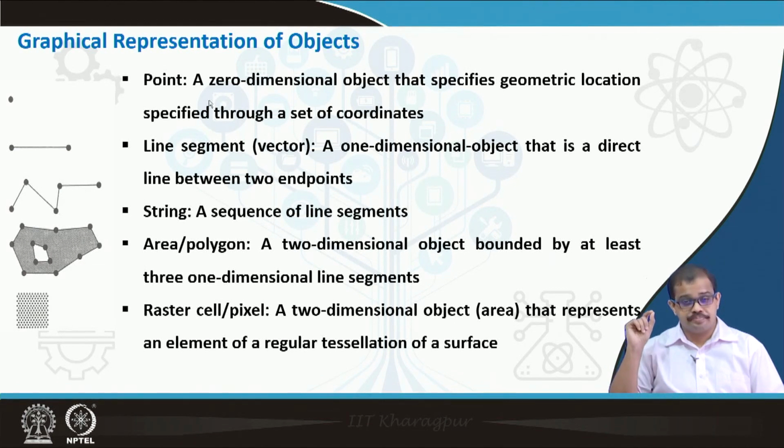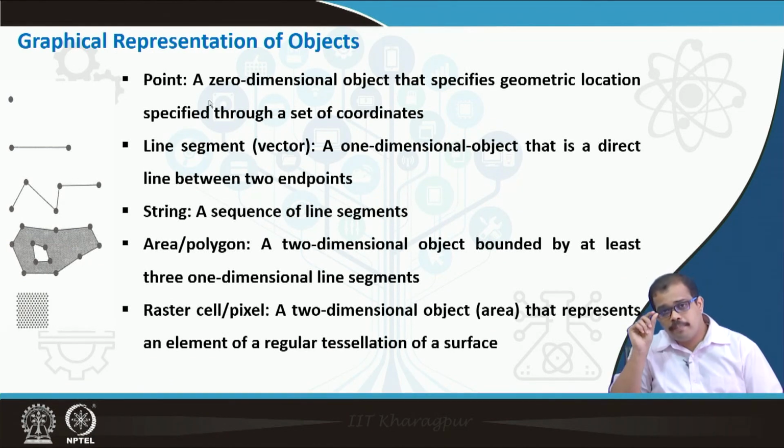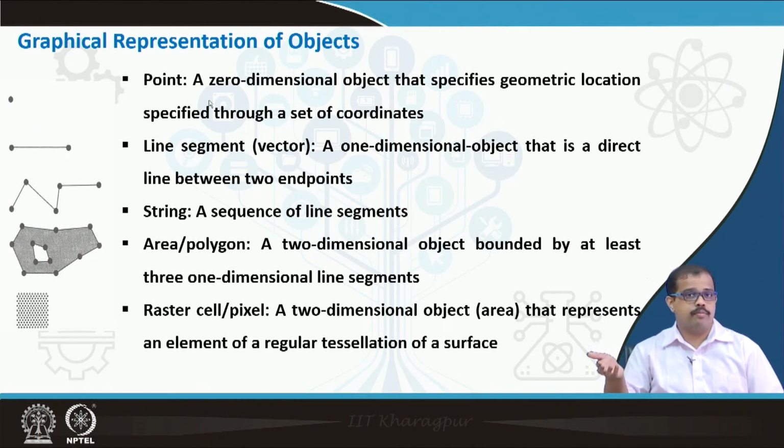Finally, I would like to introduce one more concept here, the raster. We were looking at the vector data model. Now a raster is a number of cells or pixels. This I have spoken about in the previous lecture. If you zoom in on your photo, you can see completely boxes. For example, take a photo on your mobile phone and keep zooming until you find only boxes, where your software is not able to zoom in further. Those are called pixels or cells.